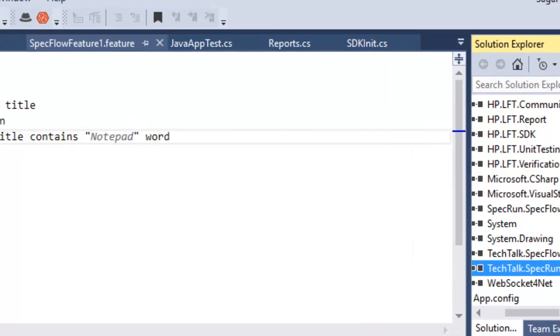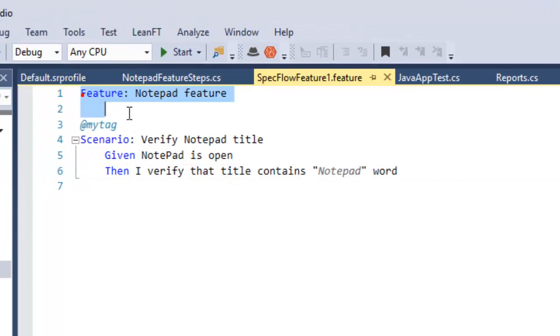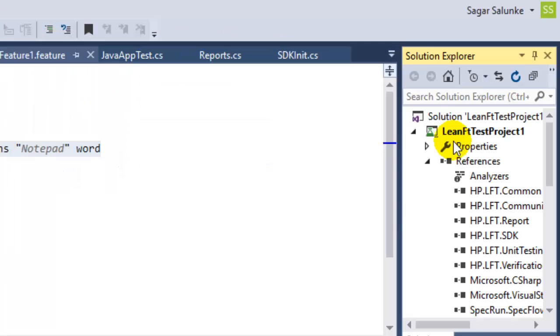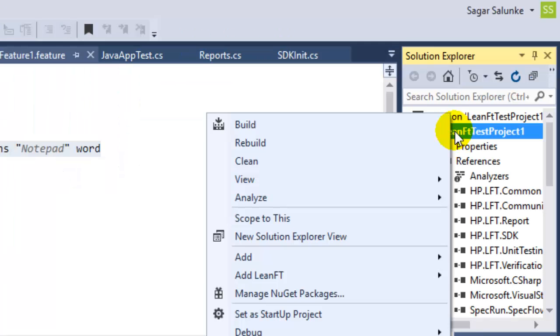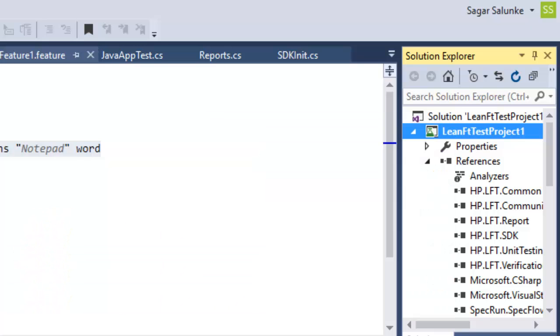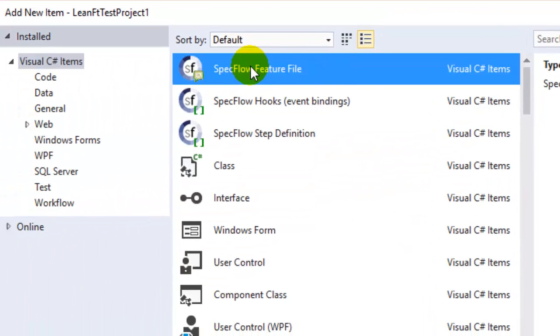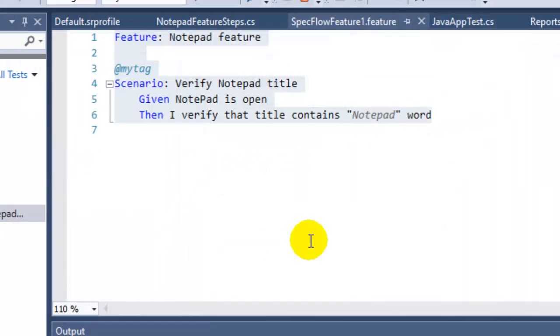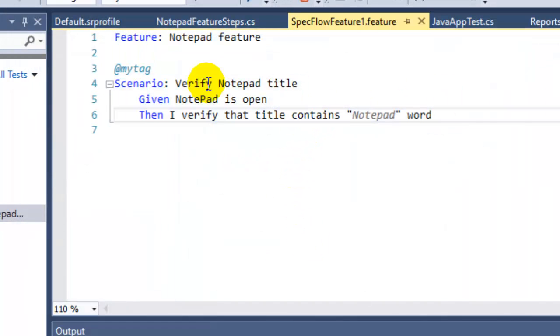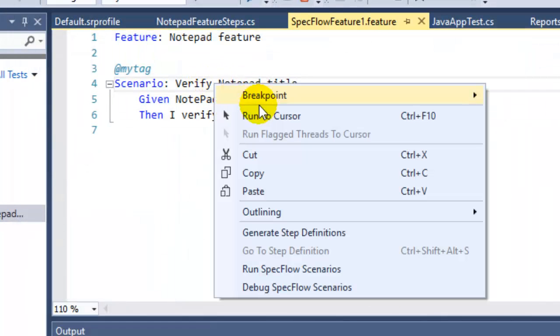So once that is done, you have to write the feature file like this one. When you create a new item in your project, you can create a new feature file from the templates. If you create a new item, you will notice that the SpecFlow Feature File item is added, so you can just click on that, add that item, and then write this feature file. And then to write the step definitions, what you have to do is generate step definitions. Click on that,